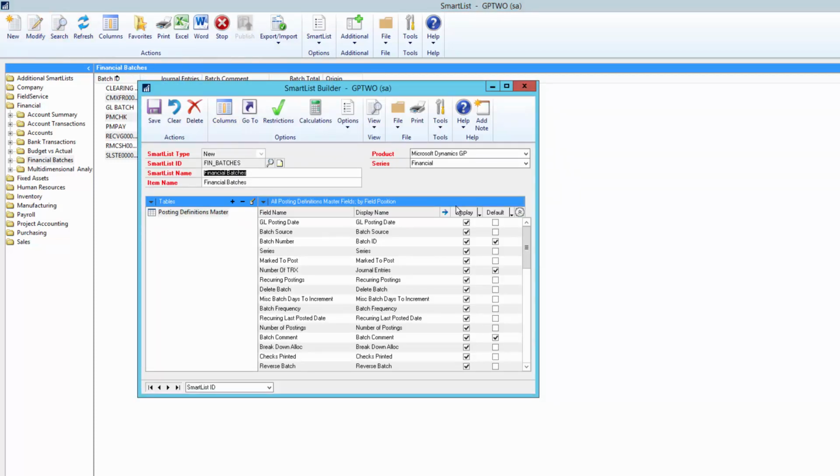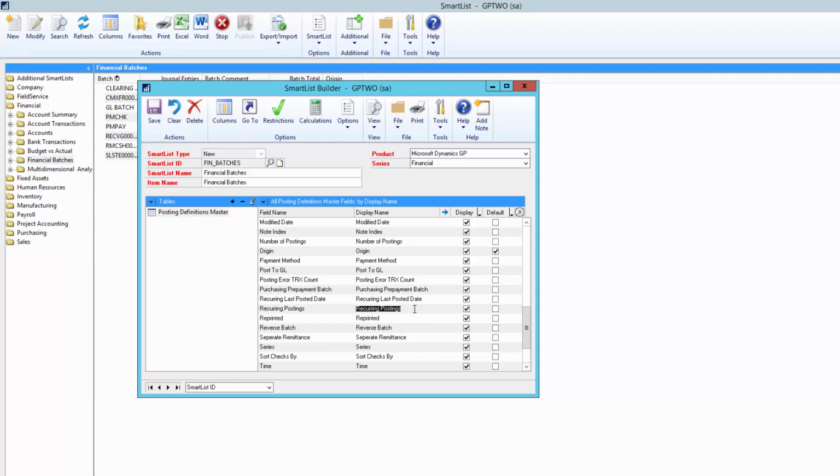Now that we have what we want, let's see what fields we have. So I have a batch status field here. That sounds great. The other thing I want to know is if it's marked or is it stuck in posting, which I think the batch status will show me the stuck in posting, but it's not going to show me the marked. I know that there's a different mark to post field down here. Or what if it's a reoccurring batch? There's some different fields in here that do the reoccurring information. Tracking when it was last posted, is it reoccurring, how many postings have we done, that type of thing.